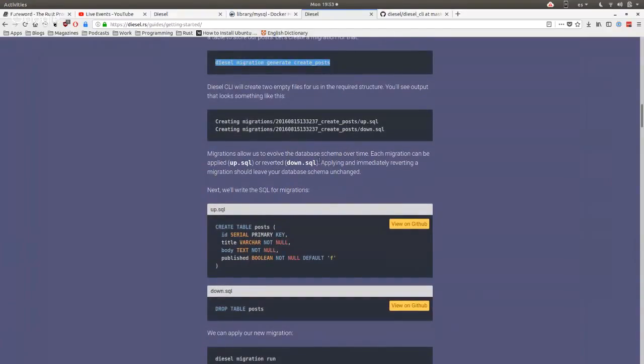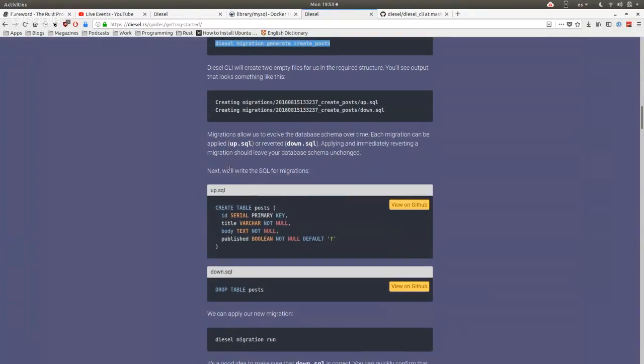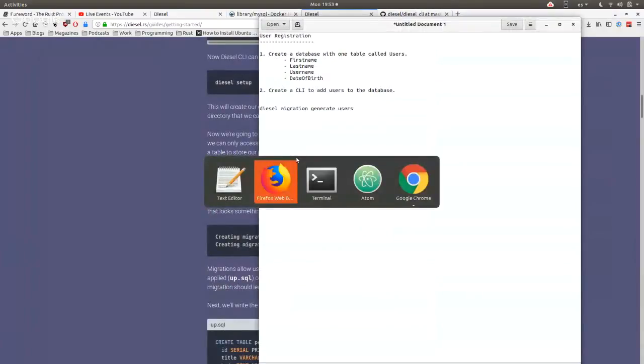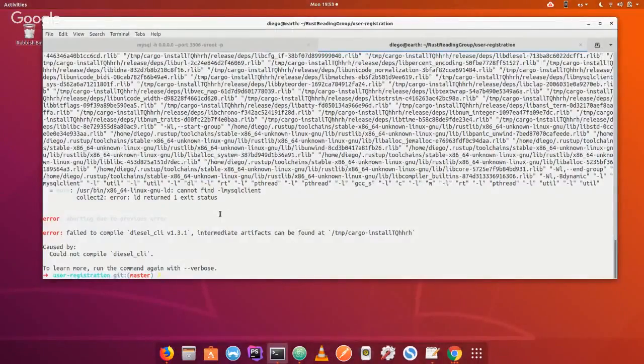And we can use migrations to change the database. Right, so let's see. I can already install it. I think that just blew up